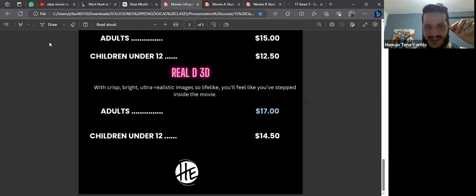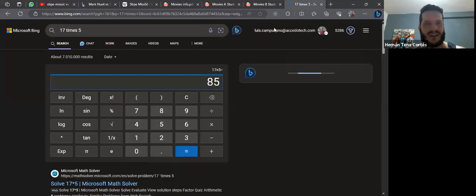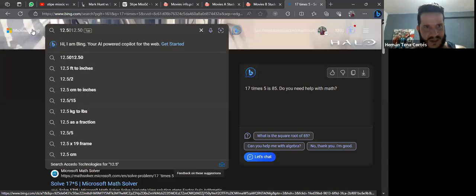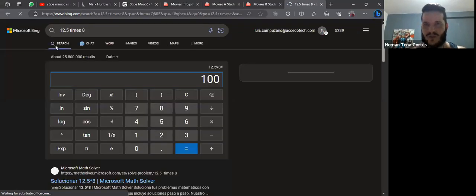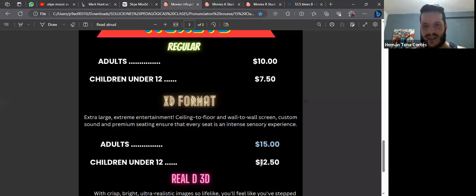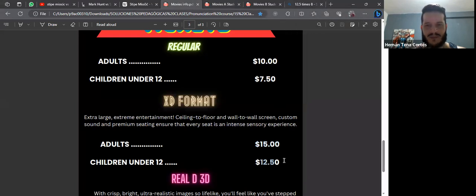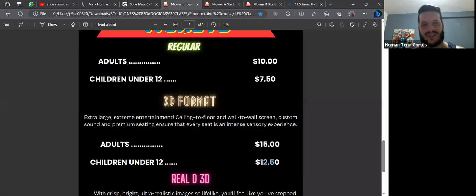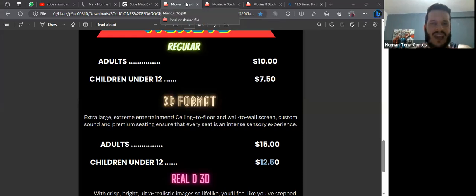One adult is 15, kids are 12.50. So 12.50 times 8 equals, oof, that's $100 even, plus one adult at 15. So $115. So far, I think that's going to be the most expensive one. It's $115. Isabel, do you remember in your real life, when is the last time you went to the movies,